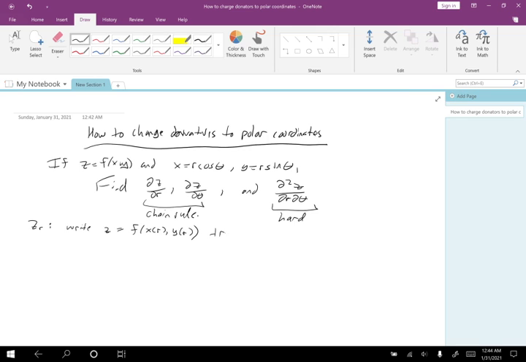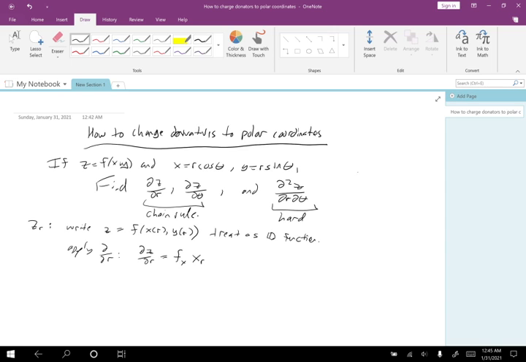So treat it as a 1D function. So now apply d/dr. So dz/dr will just be f sub x, x prime of r,